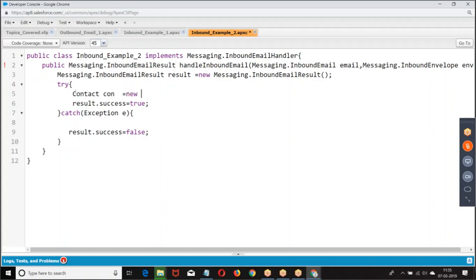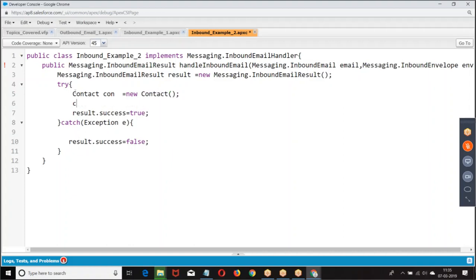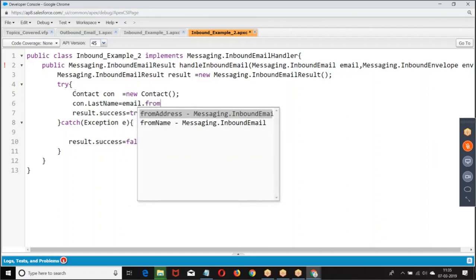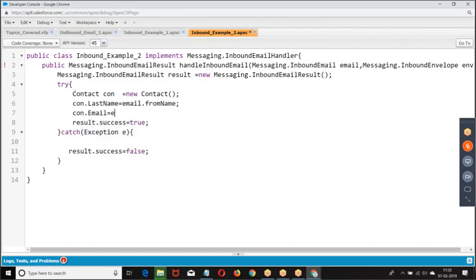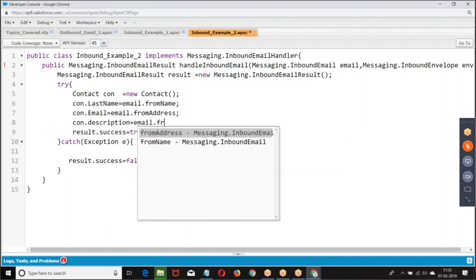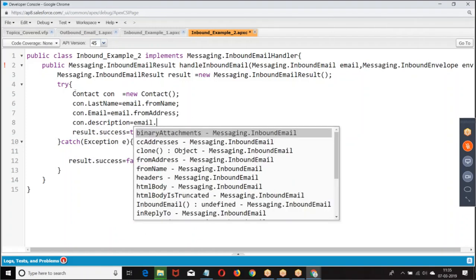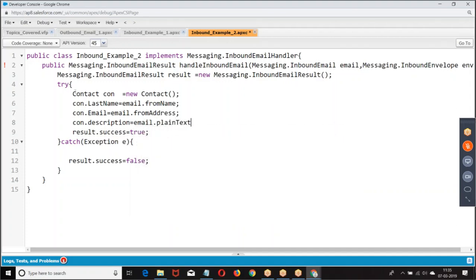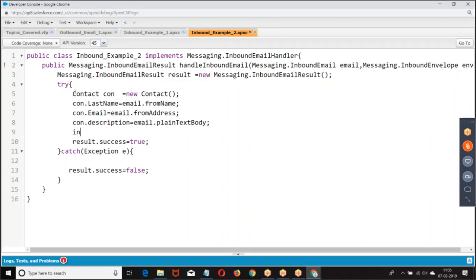Contact c1 equal to new Contact. c1.lastName, c1.email. Insert c1. Insert contact. Give return result.